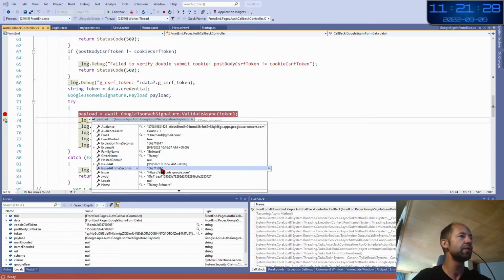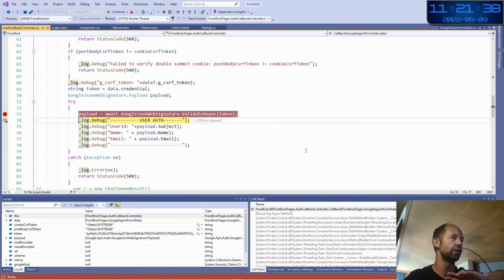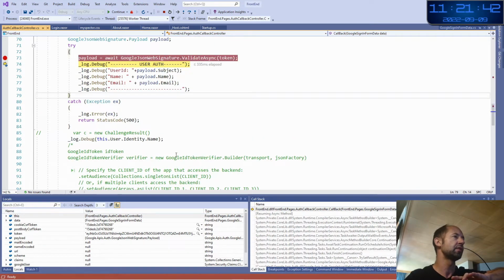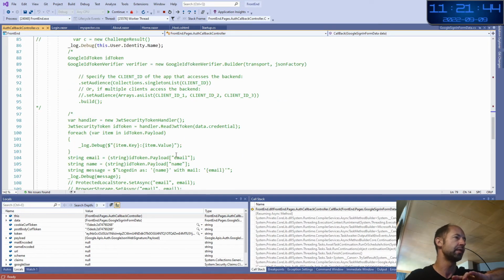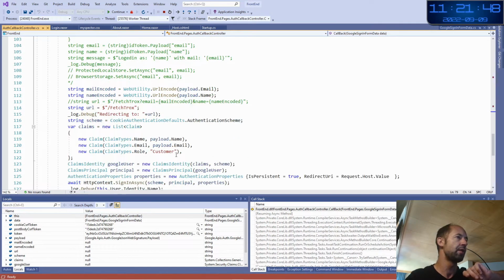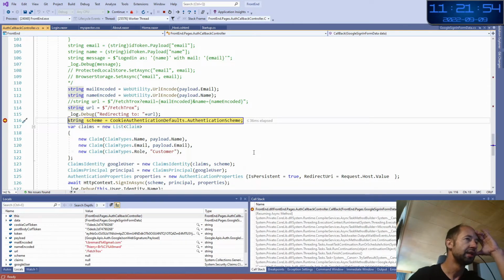This payload object is in the Google world. And the difficulty of this project, implementing Google sign-in with Blazor, is this conversion from the Google world to the Microsoft world. And you will see this after. So here there are some comments because I finished this recently. And now what is interesting starts here.